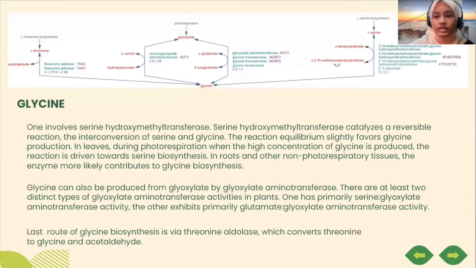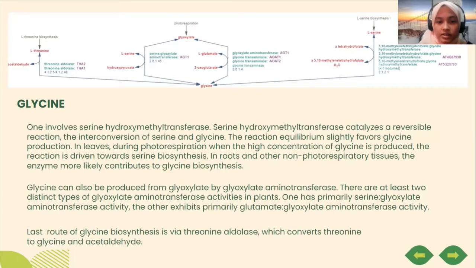Next, for glycine, as you can see from the diagram, there are three very distinct pathways for the production of glycine in plants. For example, through the photorespiration process, through L-serine biosynthesis, as well as L-threonine biosynthesis. So in plants, glycine can be generated from at least three routes. The first one involves the serine